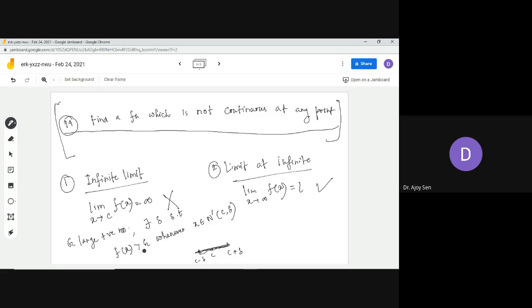Going to infinity means you can take a very large number, the value of the function will be more than that, and you will be able to find a neighborhood such that whenever x lies there, the value of the function is larger than the value which you have assumed earlier. This is the concept